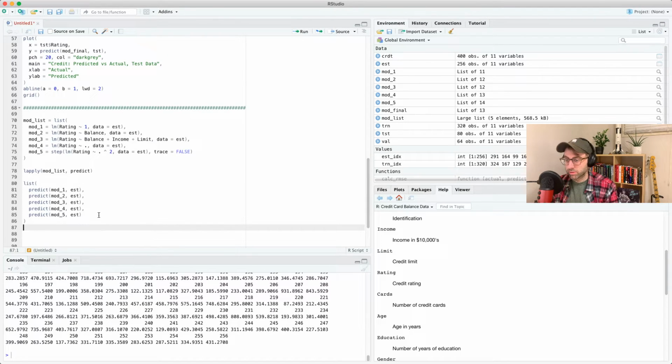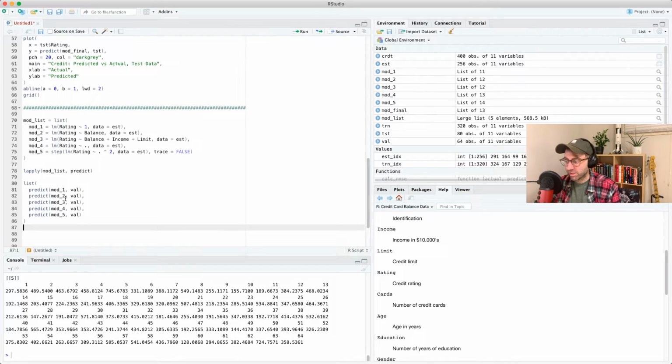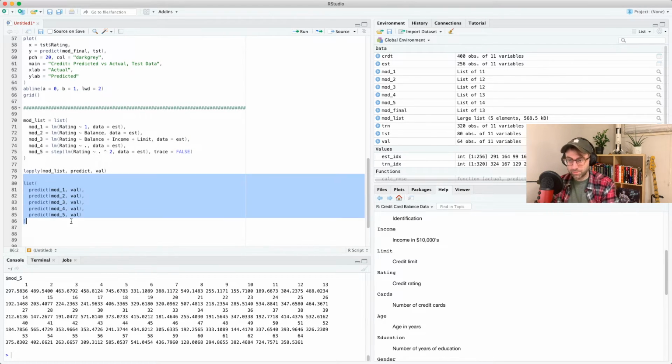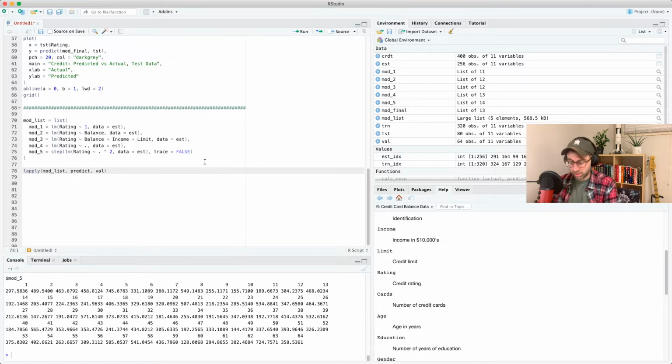What I want to do is, except this should be validation. Sorry, this is what I want. So basically, what I need to do up in this world, instead of just the function, each element of this list is going to be made the first argument to this function. So if I need to supply other arguments to that function, I just do comma those arguments. There we go. So I'm going to call this